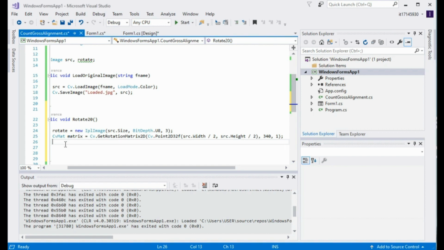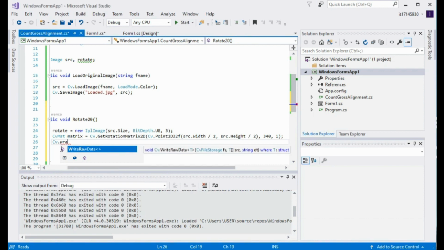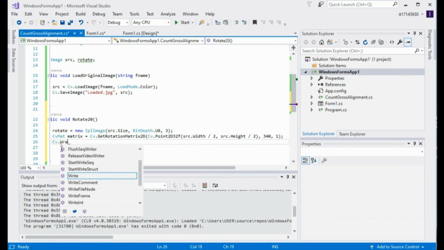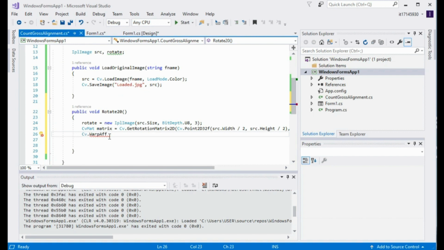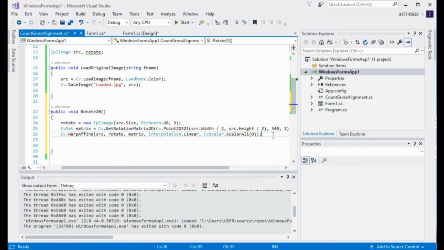Now you have to use the warp affine function. You can see the suggested parameters here. After that, put the semicolon. Within these brackets, you have to type these parameters: source image and rotated image and the matrix you have created here. And after that, again that